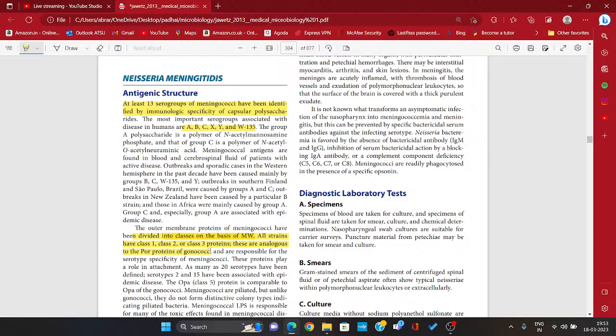They prevent the interaction of the phagolysosome. So they are responsible for the